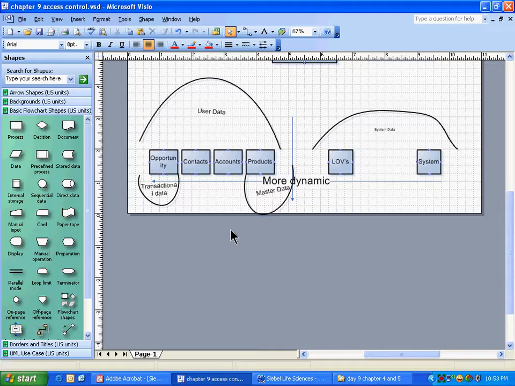I'll give you different kinds of data, and you tell me where it lies. Okay, activities. Is it more dynamic or less dynamic? Is it transactional data, master data, or user data? Obviously, all this is user data. So, activities: is it entered by users or by the developers? Is it system data or user data? Activities are user data. Perfect. And out of user data, which one is it? Transactional data, master data, or these ones? Activity.